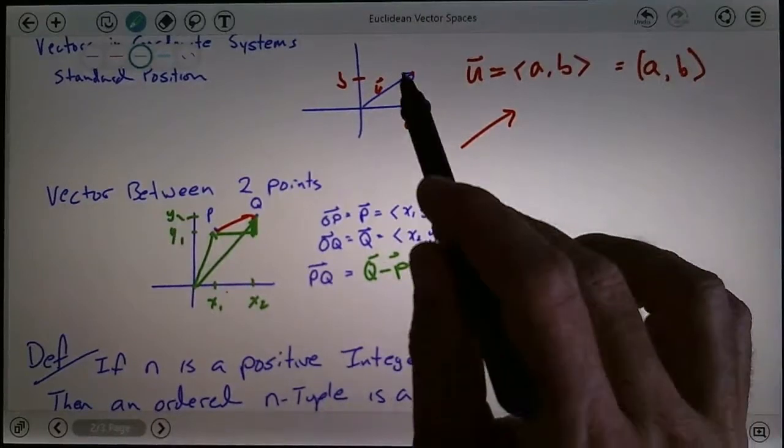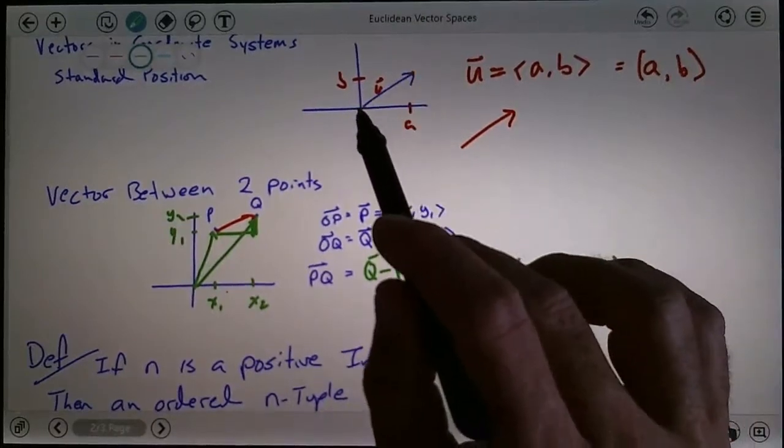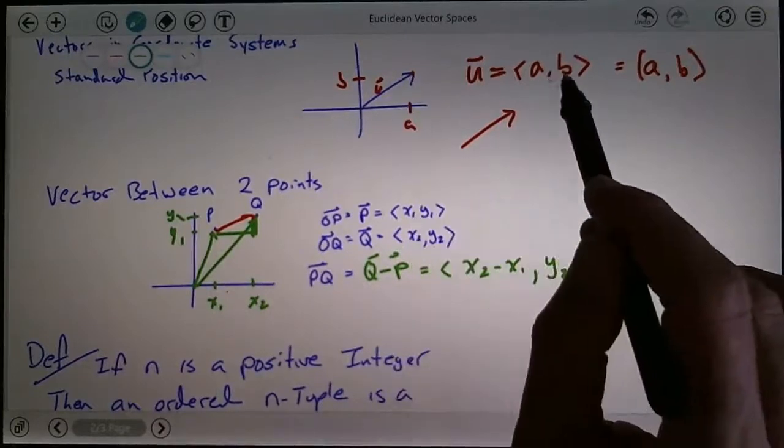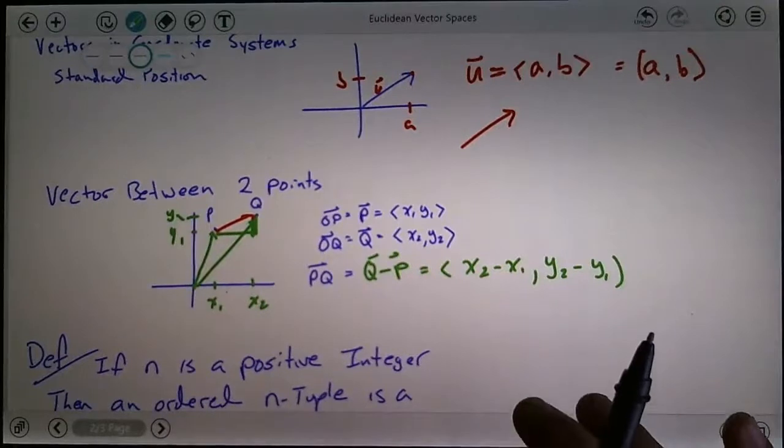Notice that even in standard position, if you think about the vector from 0, 0 out to A, B, you're doing A minus 0 and B minus 0 to get those components. Okay. Now,